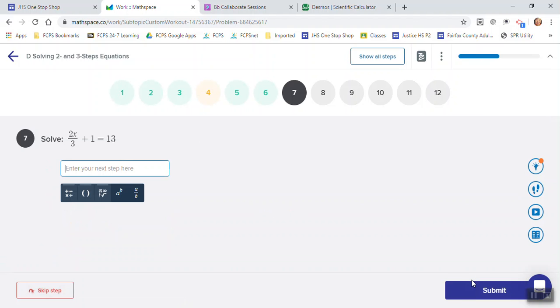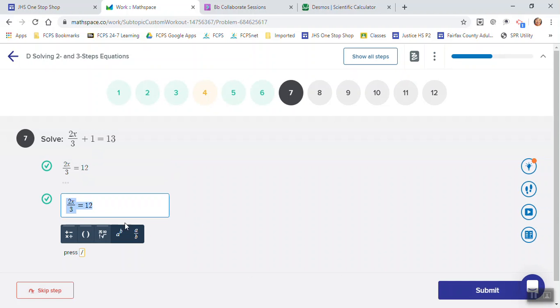Now, question 7. Question 7, you have 2x divided by 3 plus 1 equals 13. This is a two-step equation. So the first step is you undo the 1, right? So when you subtract 1 from both sides, the left side you have 2x divided by 3 equals 13 minus 1, which is 12. Submit. Right? Now in order to solve for x, you need to